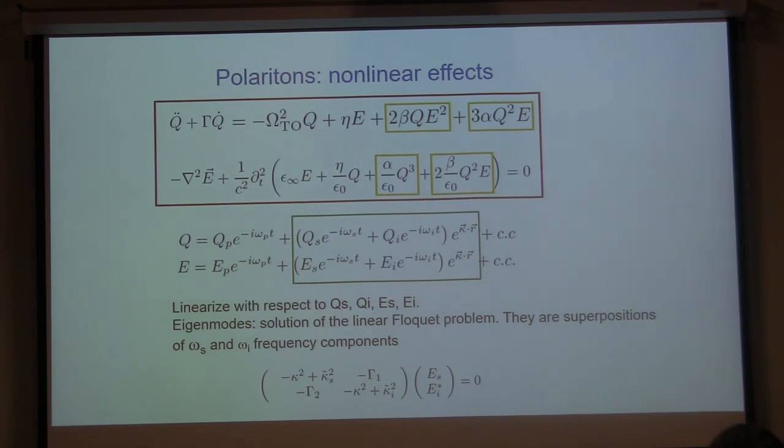I have frequency mixing, exactly the same mixing between signal and idler as we discussed before. Therefore, when we want to solve a linearized problem, at this point we're just calculating eigenmodes, like how we were calculating Polaritons, but not in a static medium, rather in the Floquet medium. The Floquet eigenstates have to have a superposition of several frequencies, and in this case we restrict to the two most important ones, which are signal and idler. And in order to find the amplitudes of signal and idler, we actually have to solve a 2x2 matrix.